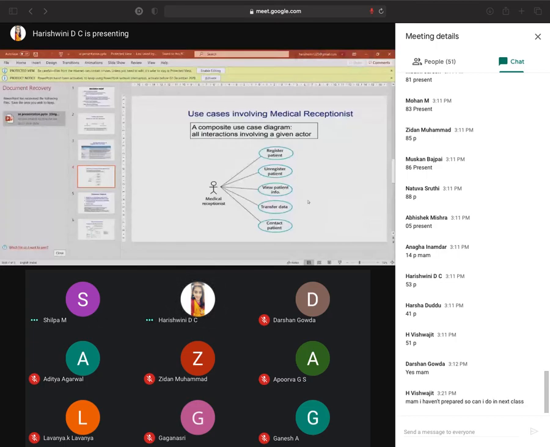There are five use cases, all roles played by the medical receptionist. The medical receptionist is the only actor here, and every use case is represented by an ellipse. So this is a composite use case diagram comprising one actor and five use cases.